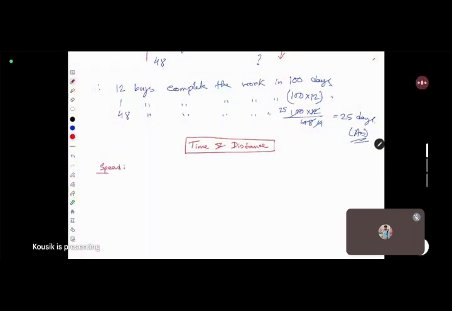Speed. So we know what is speed? Speed is the distance divided by time. The speed of train, speed of bus, speed of cycle. So if speed is increased, then the time will be decreased, and